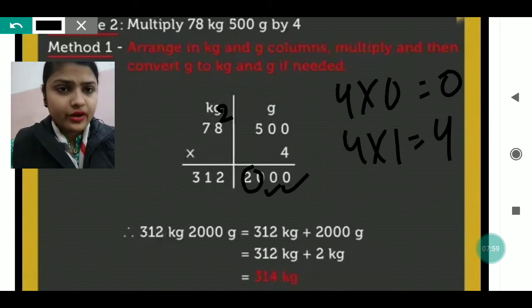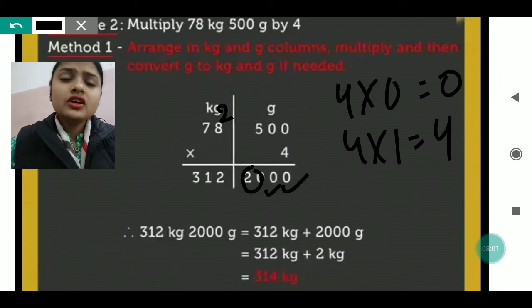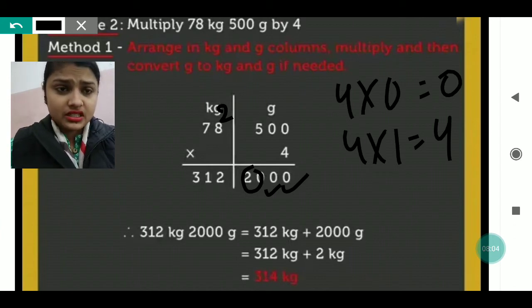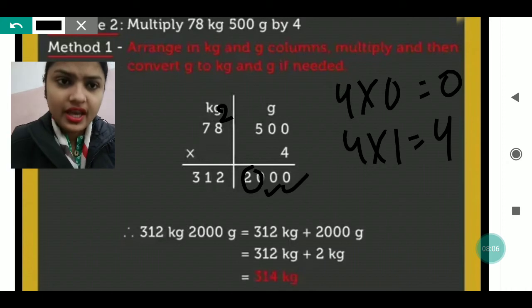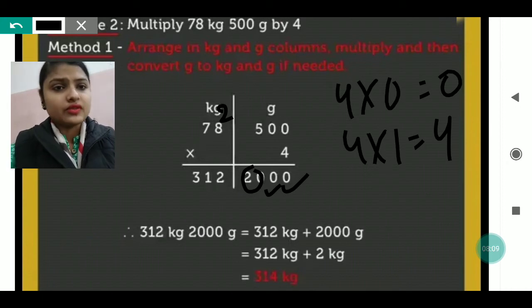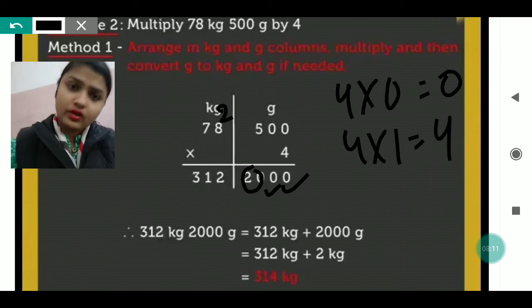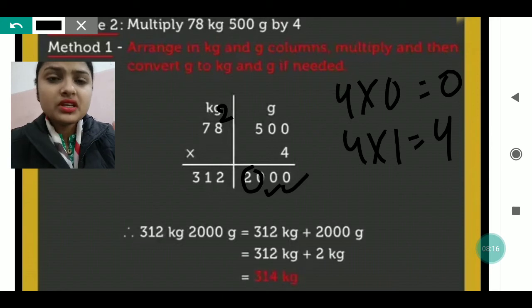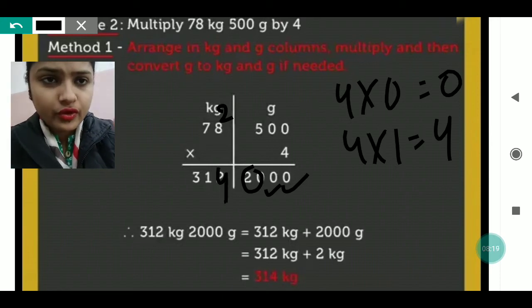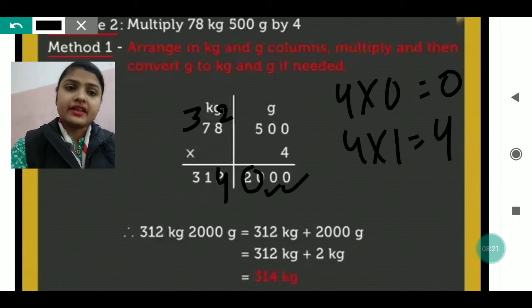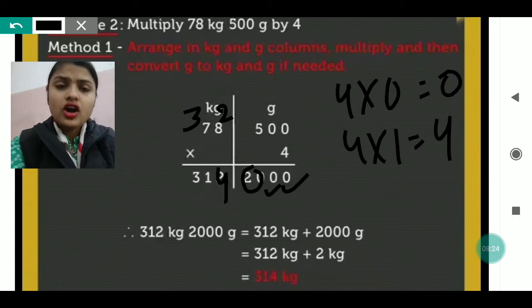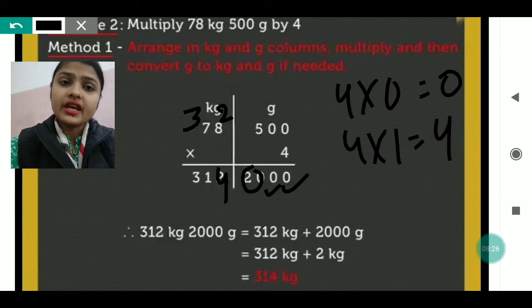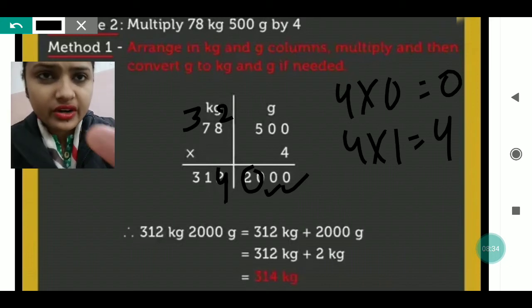After that, 4 into 8 or 8 into 4 you will do. You can read the table of 8, or you can read the table of 4 also. When you read the table of 4, 8 times, you will get 32, or 8, 4 times you will get 32. 32 plus 2 you will do, then you will get 34. So 4 will be written down and 3 will be carried. Again 4 into 7 or 7 into 4 will be 28 plus 3. It is 31. Okay, 28 plus 3 is 31, which is already written here.